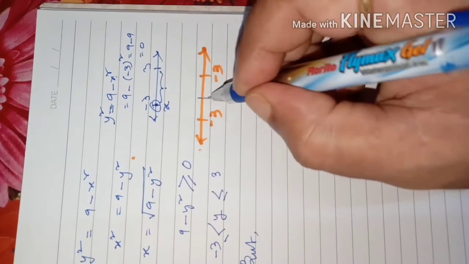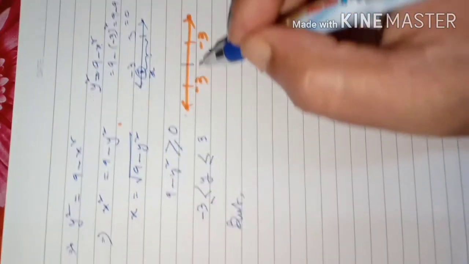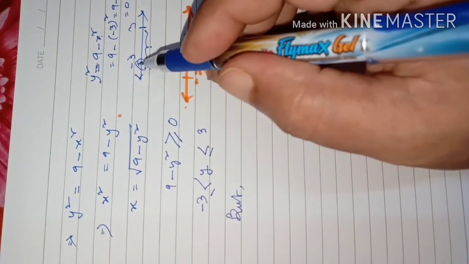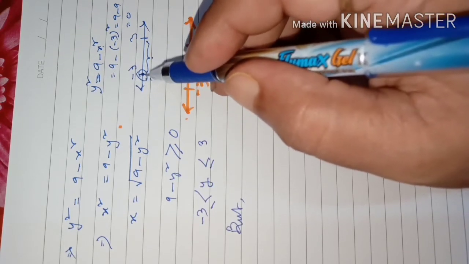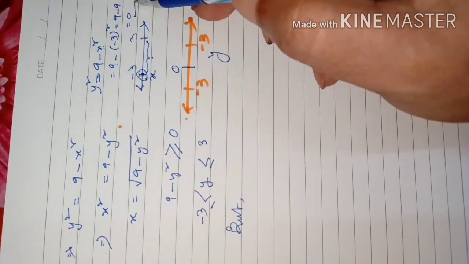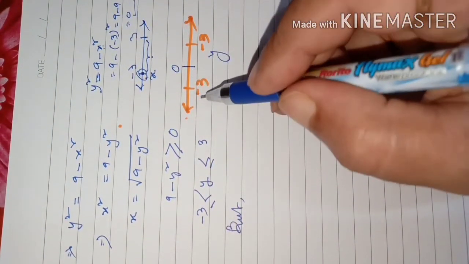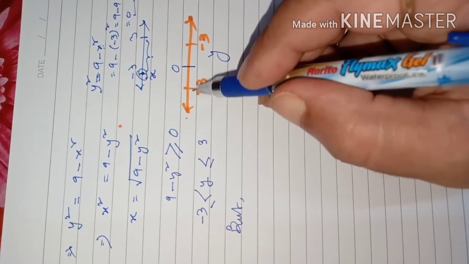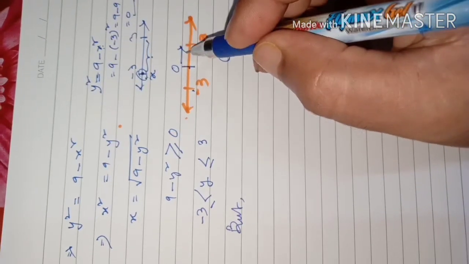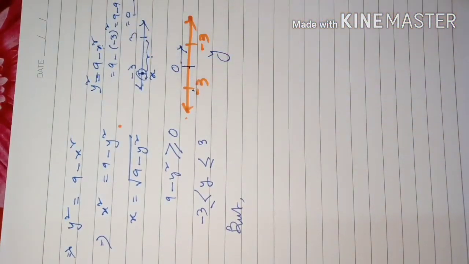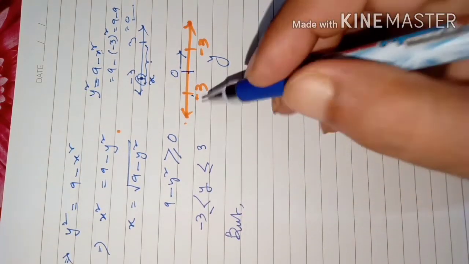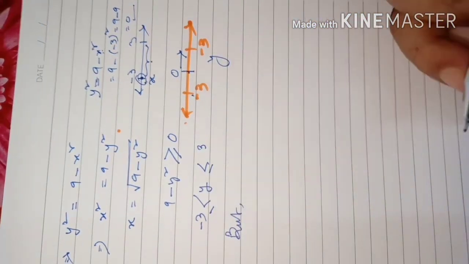That is, y will start not from minus 3. Y will start getting values from 0. Because the first value of x, that is minus 3, the smallest value of x is minus 3 in the domain. And when that minus 3 is inserted here, then y comes out as 0. So y will not be getting values from minus 3. Y will be getting from 0. So when we write the range, always we need to keep the values of x also in our mind. Means the domain should be kept in our mind. If the domain is in our mind, then we can say what the range is.